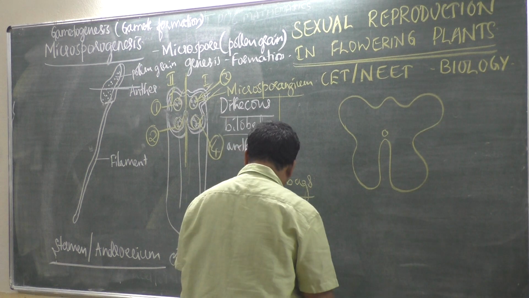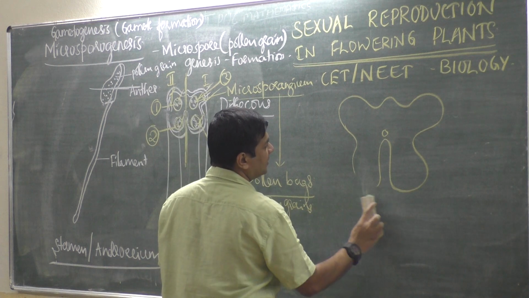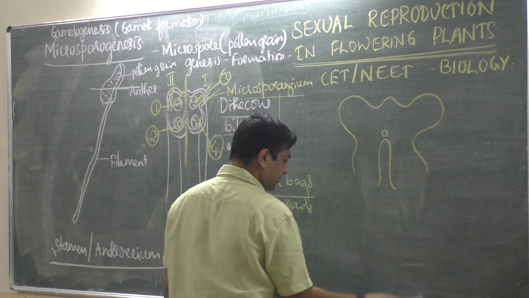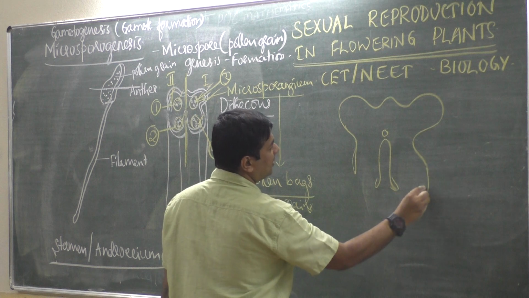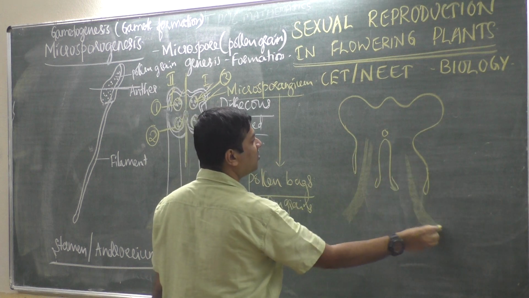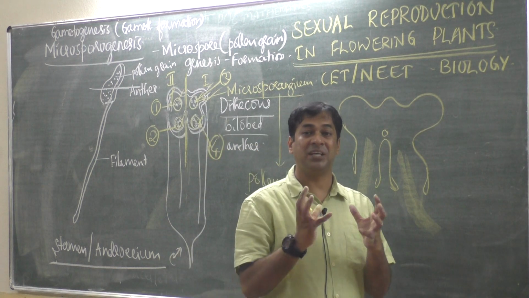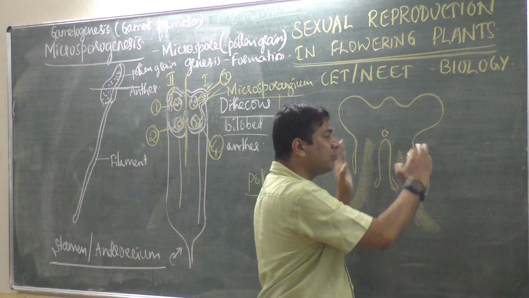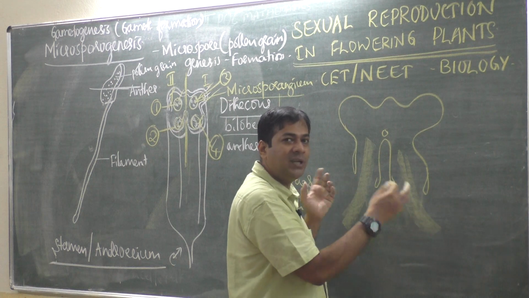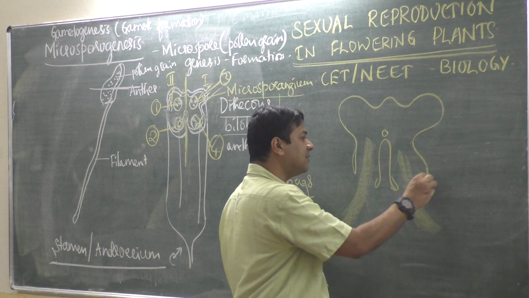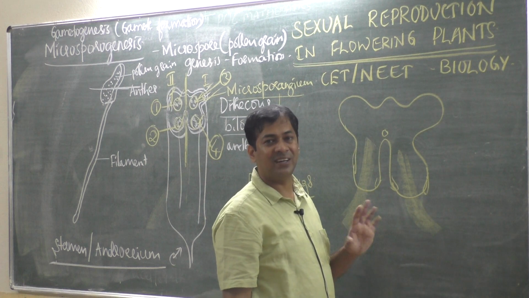When they ask you to draw a mature anther, you have to show an open structure like this. Open structure means it has broken open and all the pollen grains will be released, because the mature anther becomes dry, the anther wall becomes dry and it breaks open, and all the pollen grains are released outside. A young anther is closed, no pollen grains can go out, and it is not dry.